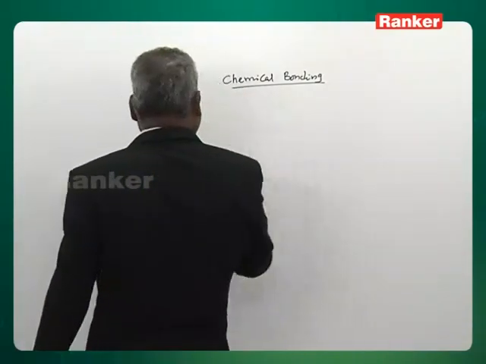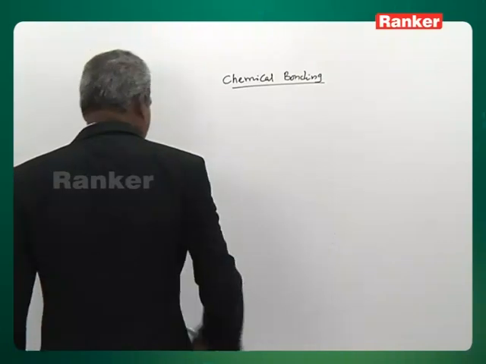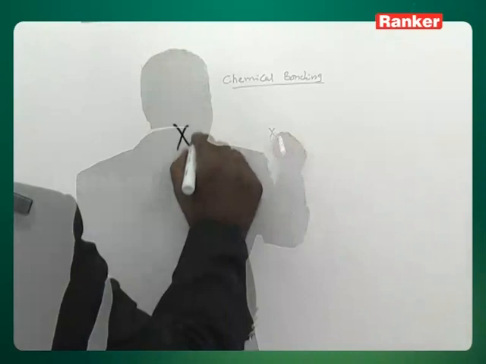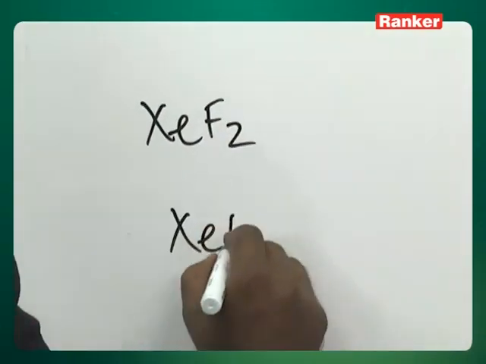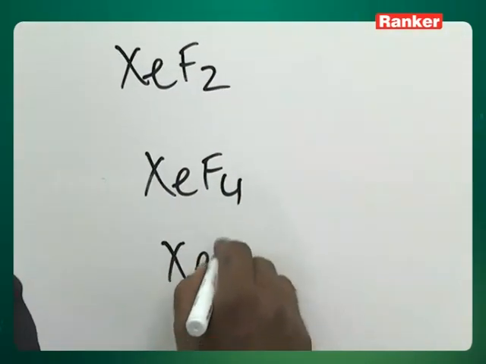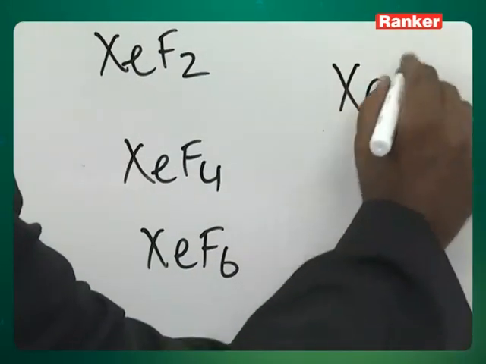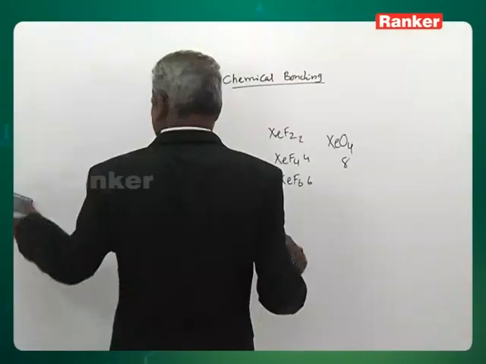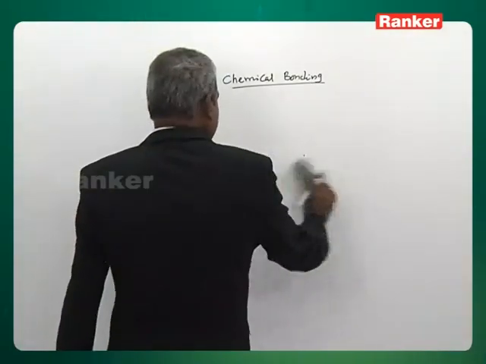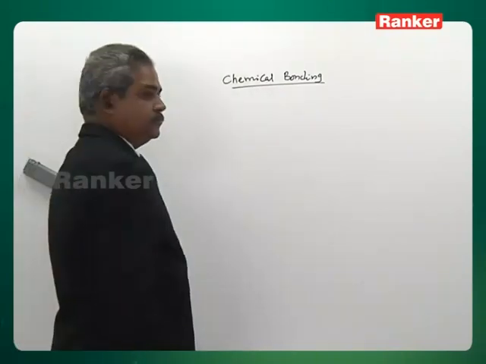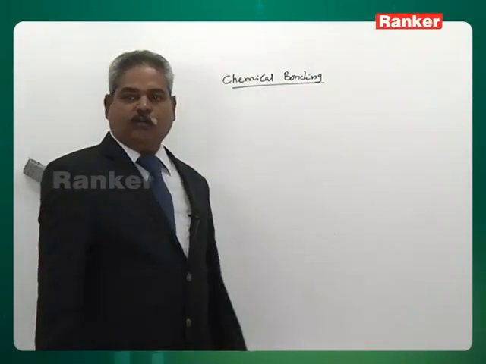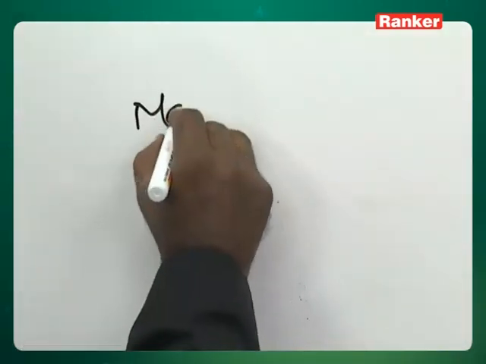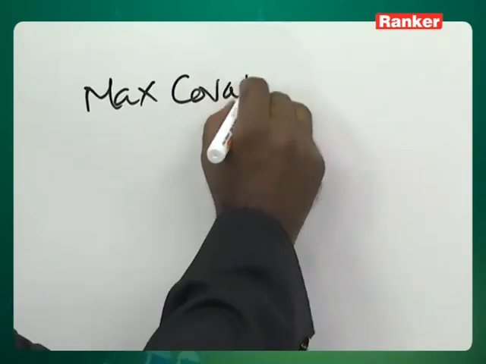So xenon that way has 4 pairs. After breaking all the 4 pairs, it will be able to form 8 bonds. Xenon forms 2 bonds in XeF2, 4 bonds in XeF4, 6 bonds in XeF6, and 8 bonds in XeO4. So xenon shows all these valencies: 2, 4, 6, 8. So, conclusion, maximum covalency of all elements: